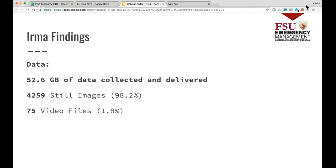Why our data size is so much lower compared to Harvey at only 52.6, because we were being tasked by Collier County to capture damage assessment information. And at the same time, we were being asked to upload that information to FEMA Region 4 using the FEMA CAP image uploader,